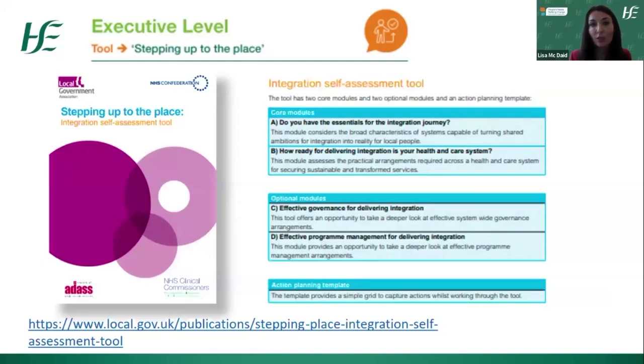And it is a very practical framework because it provides clear prompts to guide discussions, but it also helps leaders align their efforts within the shared goal of improving outcomes for both individuals and the wider community. What makes this tool particularly valuable is its ability to create a shared understanding amongst service providers, and this shared perspective fosters collaboration and supports prioritization of actions needed to advance integrated care.